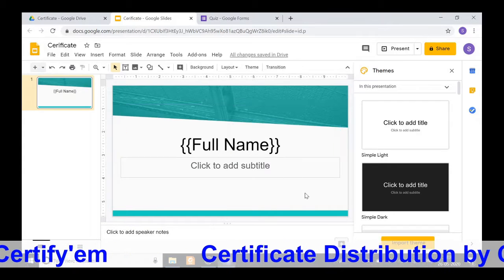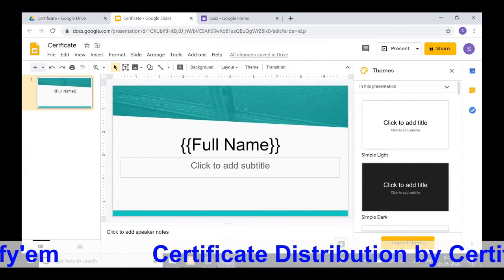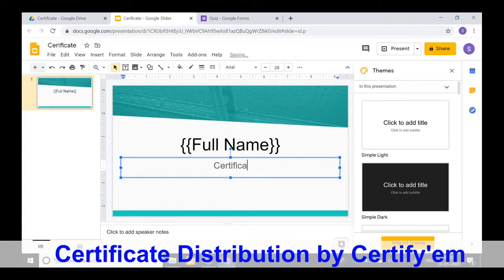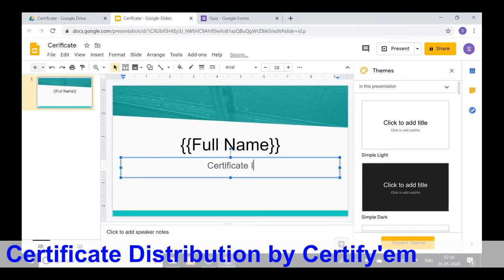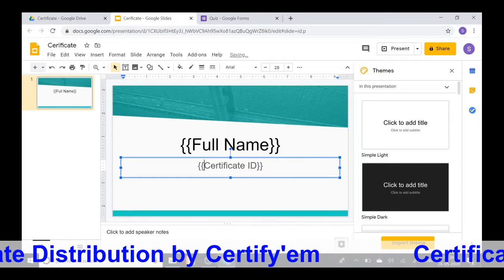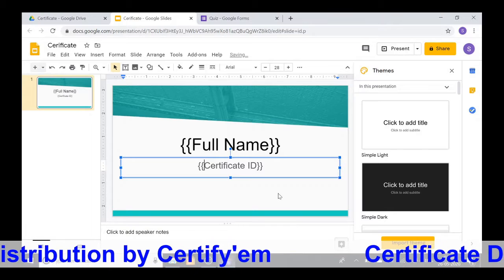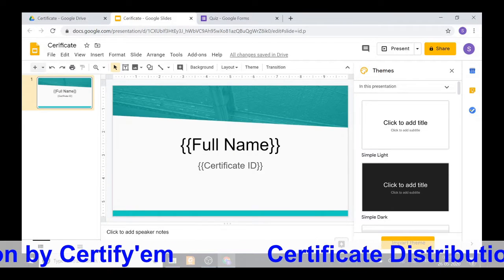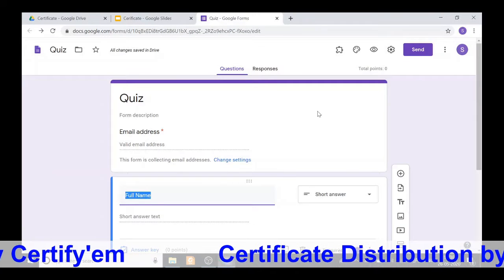Now it's done. If you want to print the certificate ID, then type certificate ID. Also provide two curly brackets. Now our certificate is ready and our Google Form is also ready.